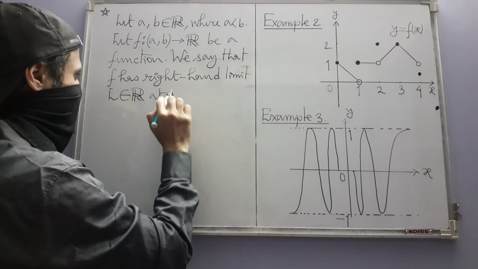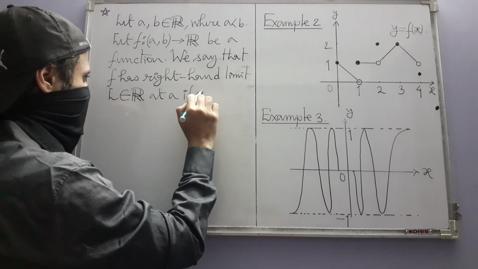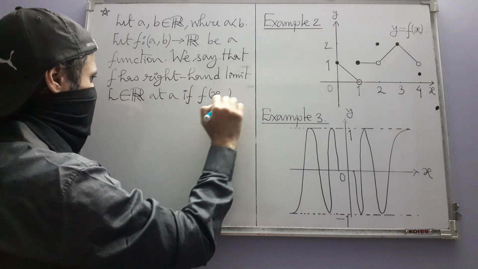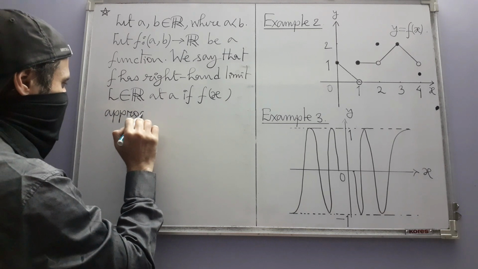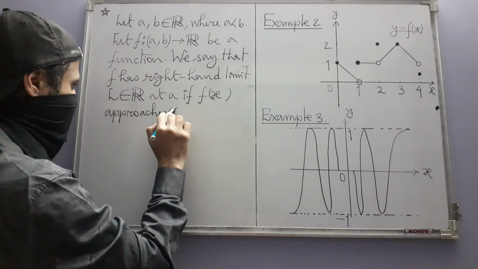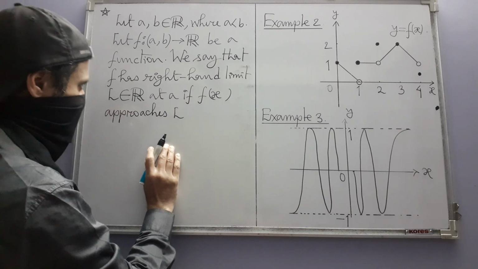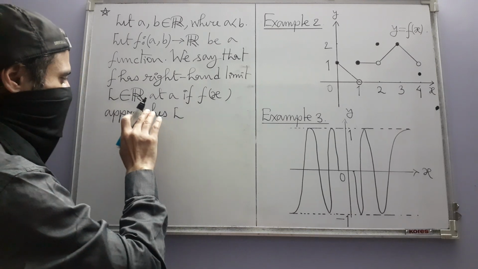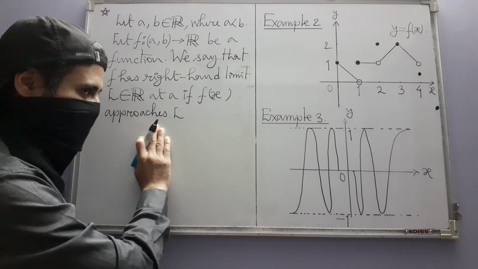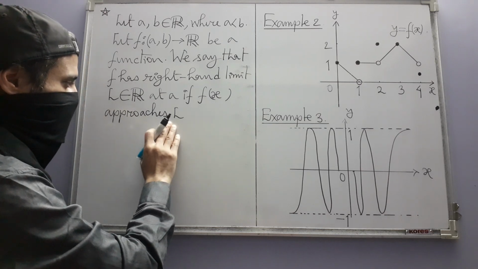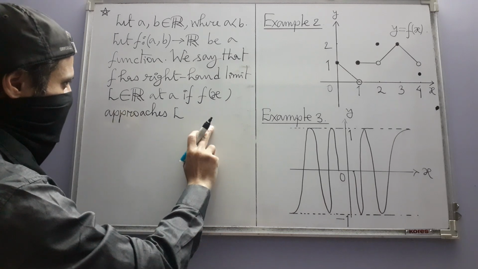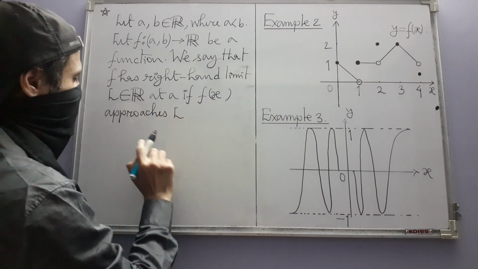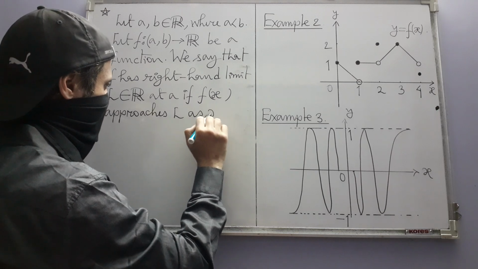At a, if f of x approaches L, because this is supposed to be the informal definition of one-sided limits, that's why we are not going into those epsilon, delta, those things. Okay, we just simply informally write f of x approaches L as